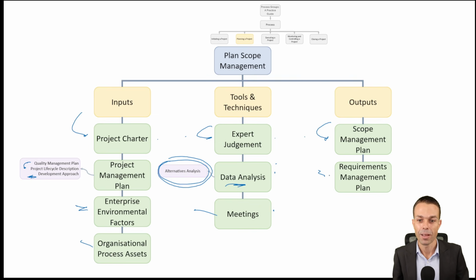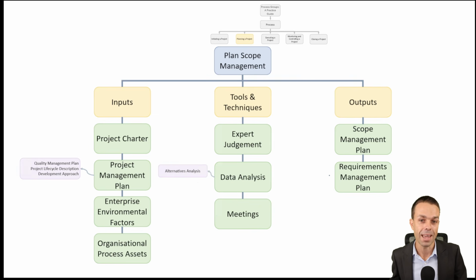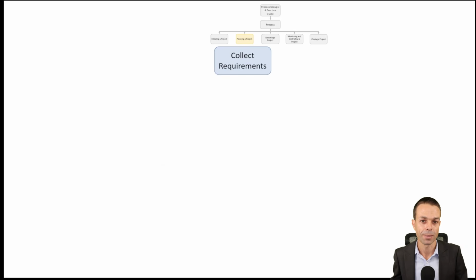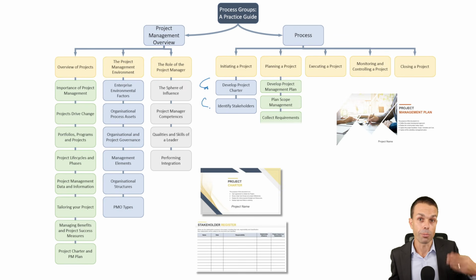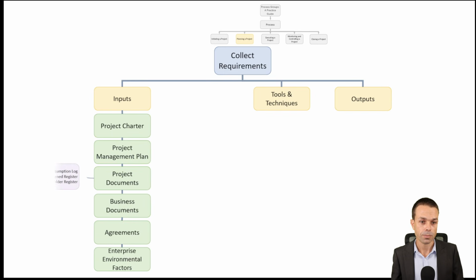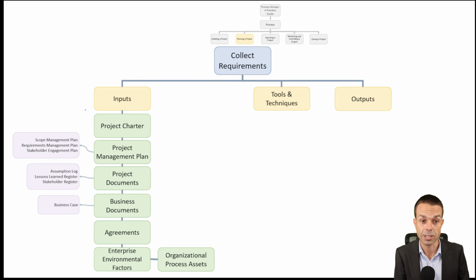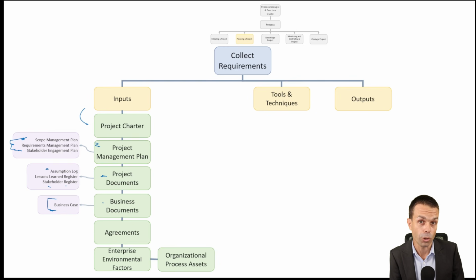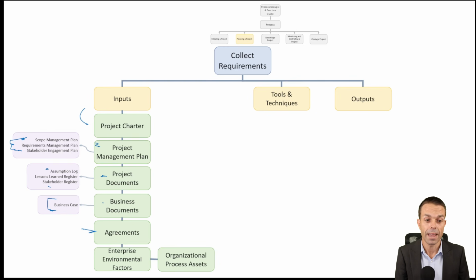The requirements management plan is how we're going to manage the requirements. Now, once we've got the process set up, we want to collect the requirements themselves. We're going to need the project charter, so what are the high-level requirements, the project management plan, project documents, so stakeholders and assumptions, business documents, the business case will have high-level requirements already that we can use, any agreements within